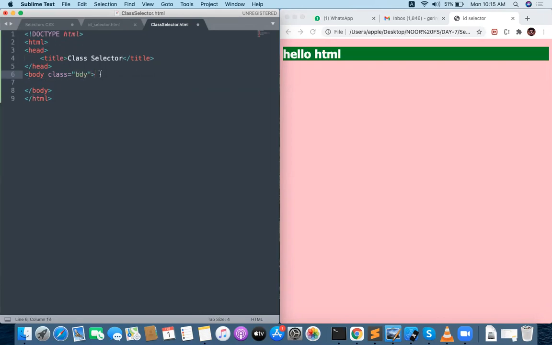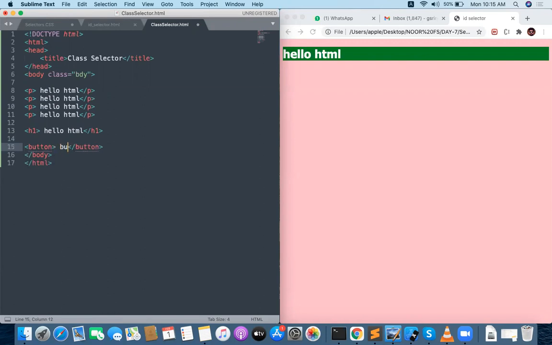Inside the body, I will have multiple paragraphs. Hello HTML. Let me have a lot of paragraphs here, and even some H1, hello HTML, and even something like a button.